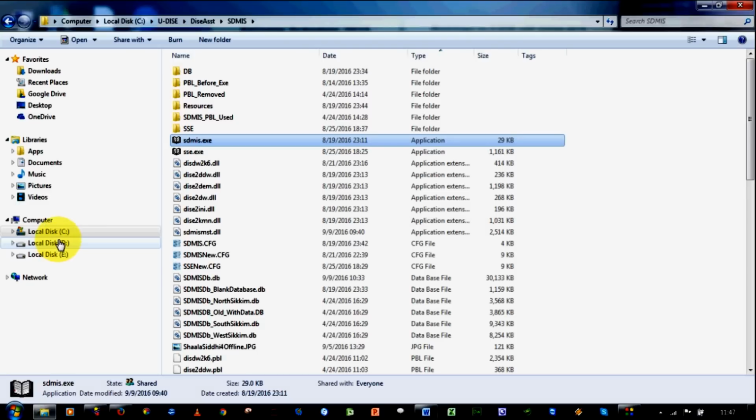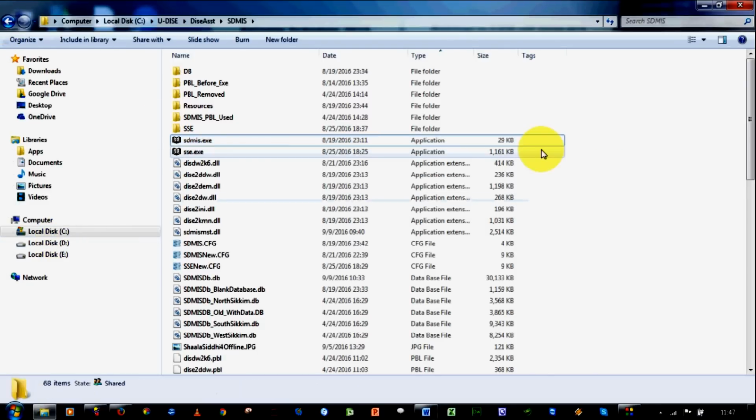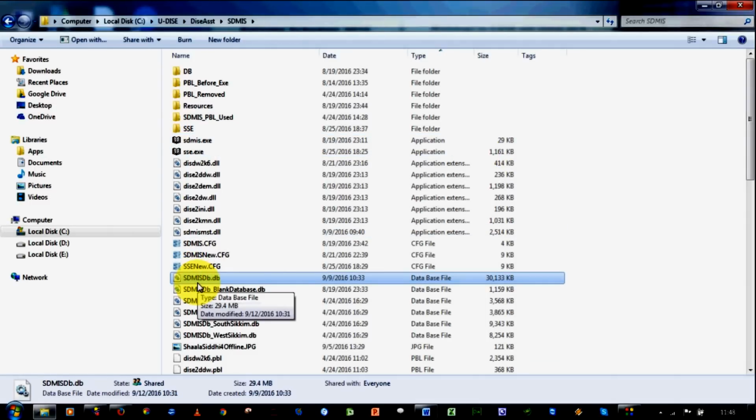As far as the export import utility is concerned, this particular part is required to be installed at the school level or cluster level or village level, where you want to use the independent utility. But there is another step which is to be taken at the block level or district level, from where the master data in this SDMIS DB will be populated.